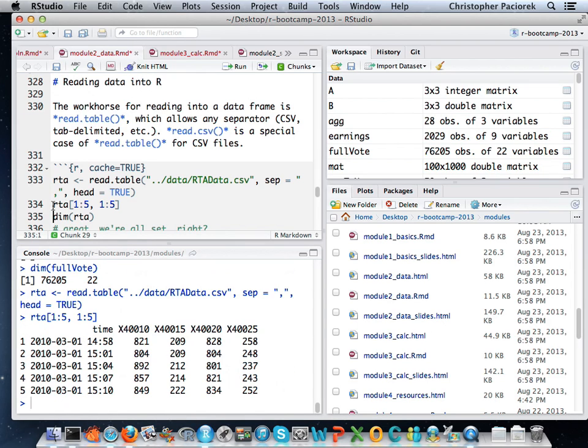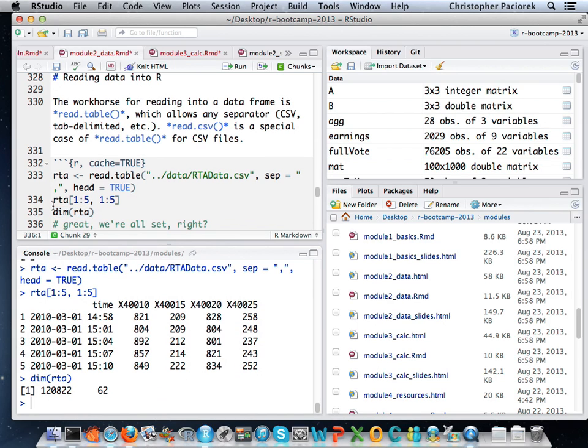So let me just look at the first 5 rows and columns of the data set that gets read in. Okay, it doesn't look too bad. It looks like it's read in some time information that seems to be in this first column, and it's got some numbers in these other columns that correspond, I think, to the timing of the cars on this freeway. And I don't quite know what these names in the columns mean, but okay, maybe I'm willing to proceed regardless.